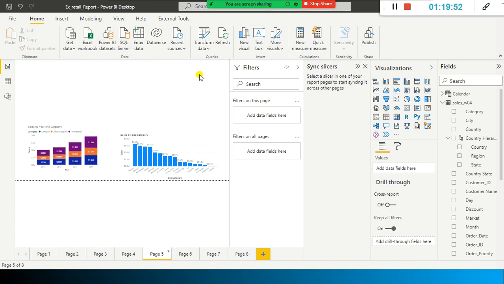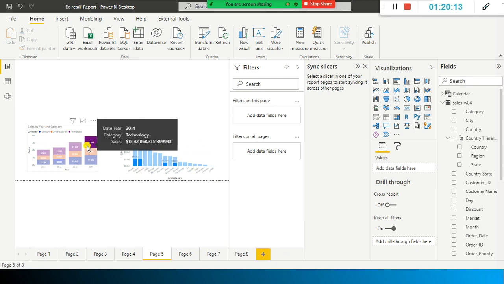We have something called edit interactions. See, one of the coolest features in Power BI is automatic filtering, isn't it? The default interaction is, whenever I click on this one, for example, it only highlights the values related to this category. This is the default behavior. One is highlighting, which is the default, another one is filtering, and the other one is no interaction. That is what we are going to see now.